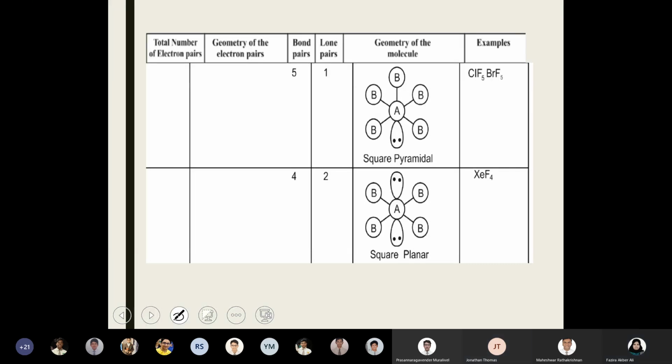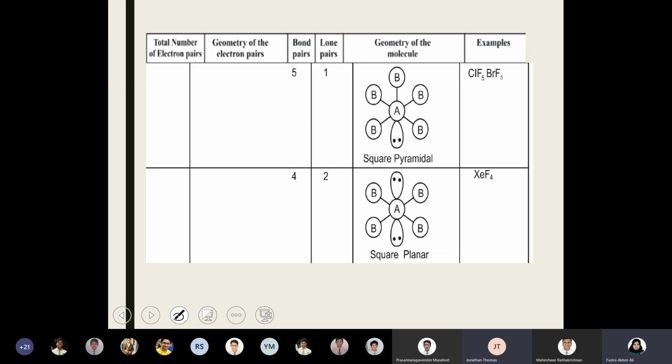They will always skew the bond pairs, and you can force the bond pairs to come closer so that the bond angle will decrease from the normal geometry bond angle. Ma'am, when we explain the structure, should we mention anything about the bond angle for these ones? If the question does not ask you to explain the bond angle of the final geometry or final shape, then no need to explain it.